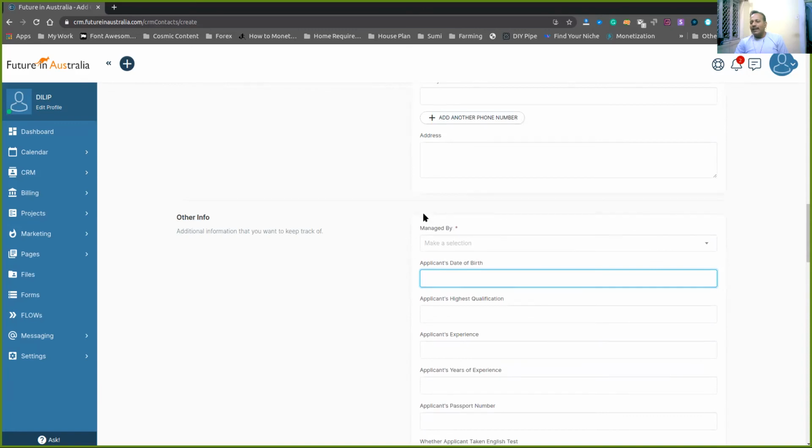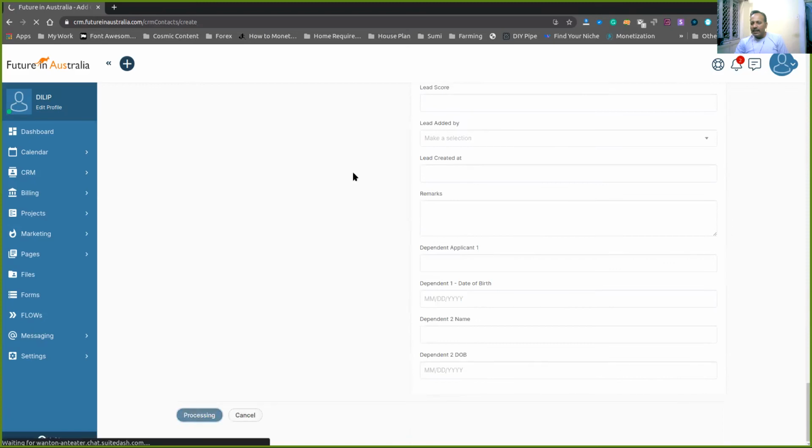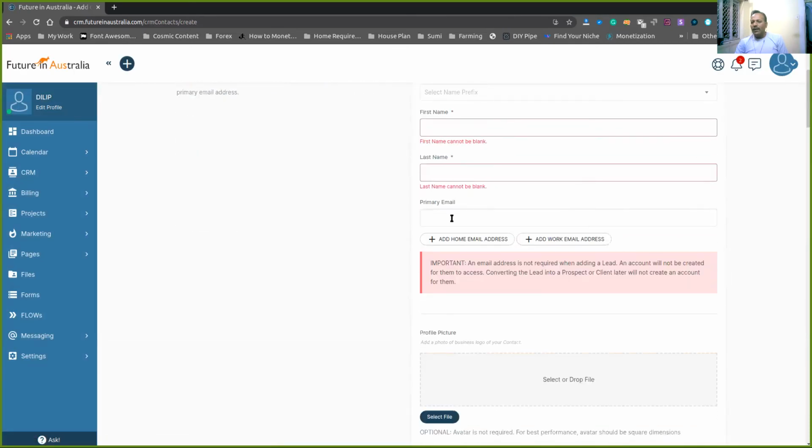These are mandatory. Without filling up these fields you cannot go through. If you want to submit, definitely you will get an error message that these fields are not filled up. So until these fields are filled up properly, it won't be stored in the system. It will give you an error message. So be careful about that.